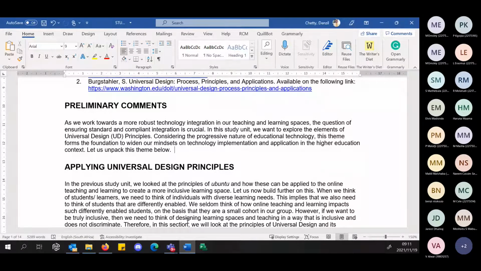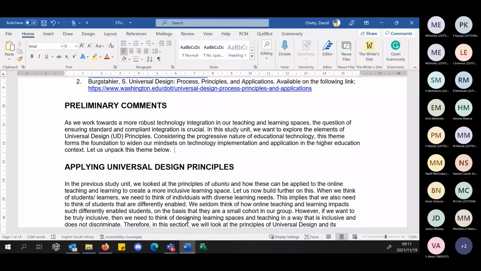That doesn't just mean, when we think about designing inclusive teaching and learning spaces, the general discourse has been students that are blind, we include Braille, students that cannot hear, that we include some kind of text, or students that cannot see, those kinds of elements. But it goes beyond that. When we start thinking of designing inclusive spaces, it means there are certain principles that start to guide us in terms of our instructional design, in terms of our technology integration. And this is what I want to unpack in this particular study unit, right?